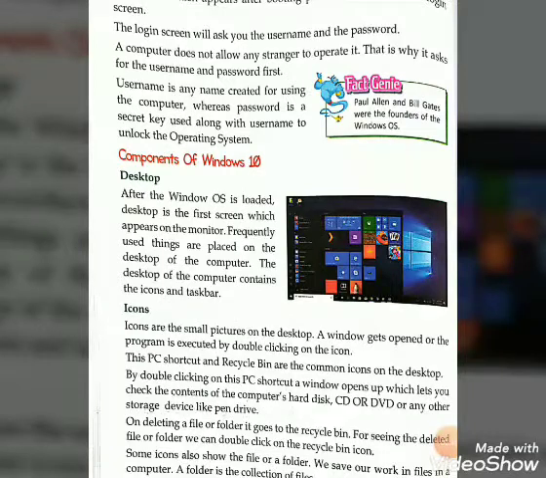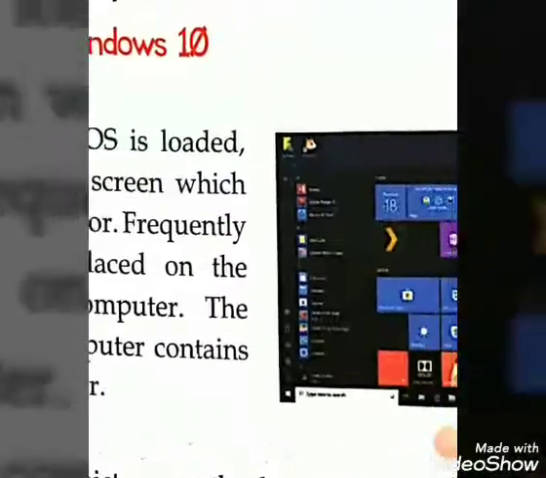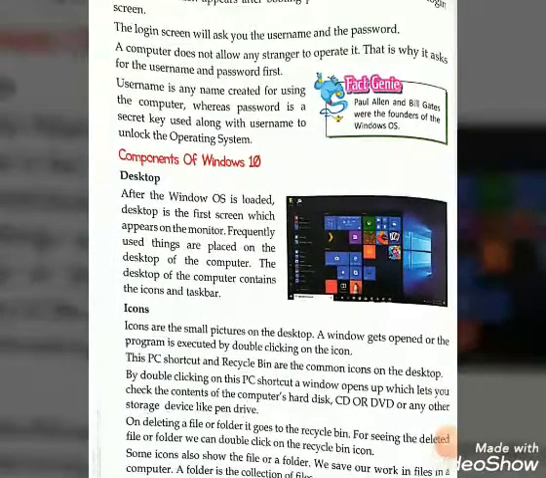A window gets opened or the program is executed by double clicking on the icons. When you double click on these small icons, a window gets opened. So now the next line.